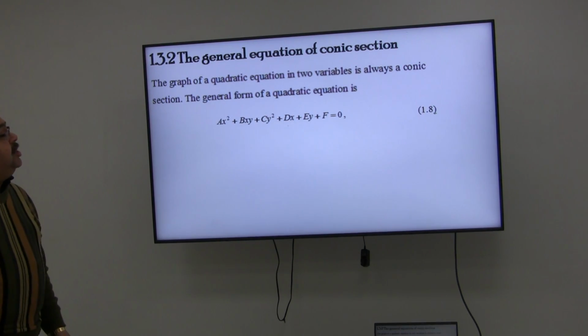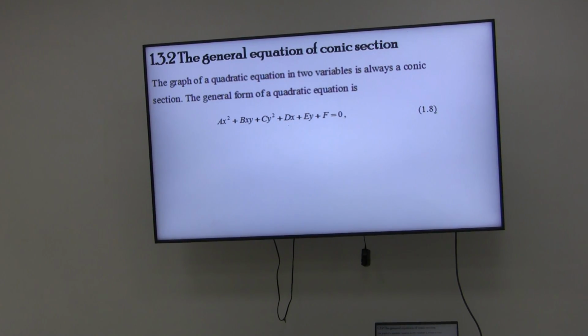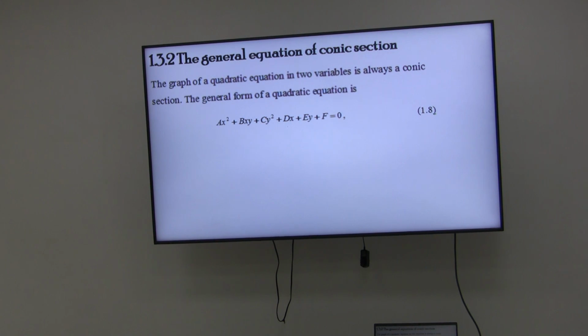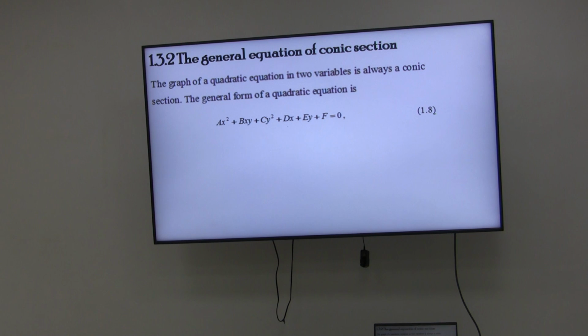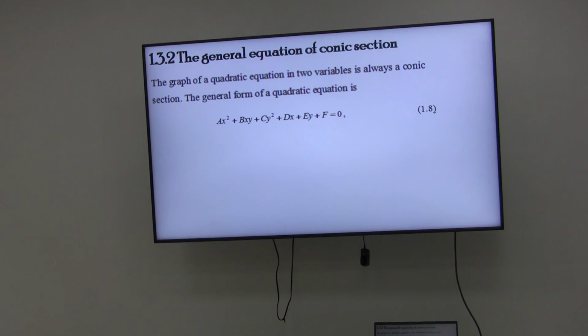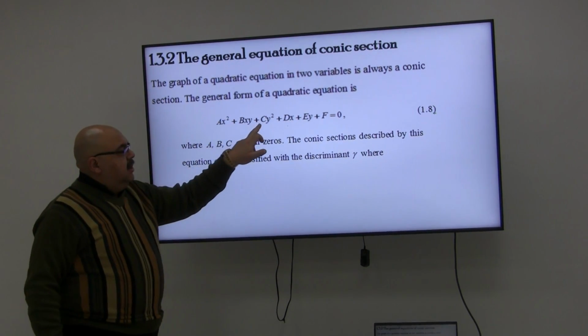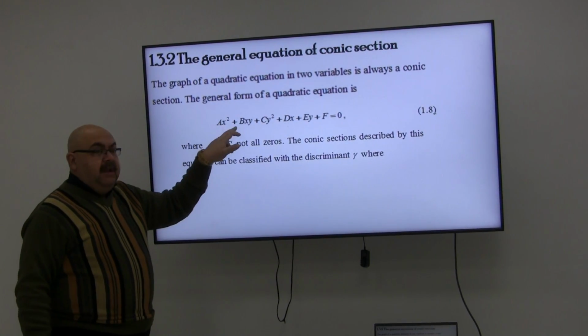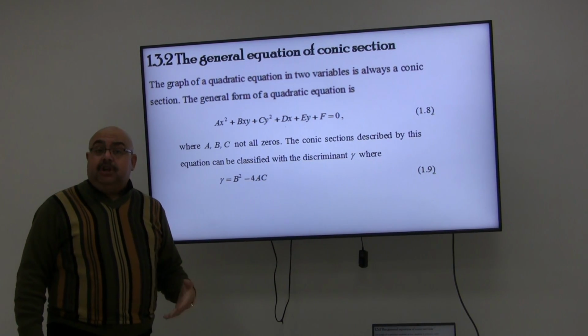This is the general equation of all conics. Look, Faten, the general equation of all conics, meaning circle, ellipse, parabola, hyperbola, or 2 lines multiplied by each other. This equation can represent a circle, an ellipse, a parabola, a hyperbola, or 2 lines multiplied by each other. So under certain relations between the coefficients A, B and C, you will be able to get your shape or the relation connecting them.